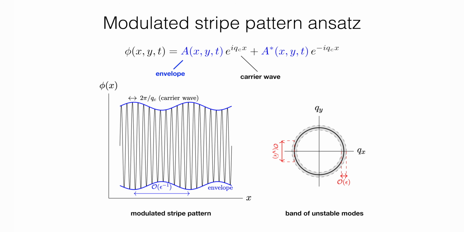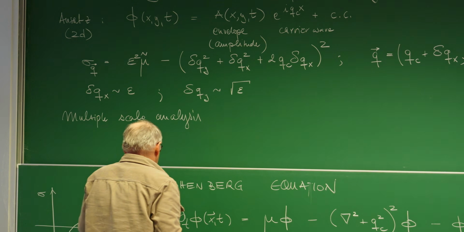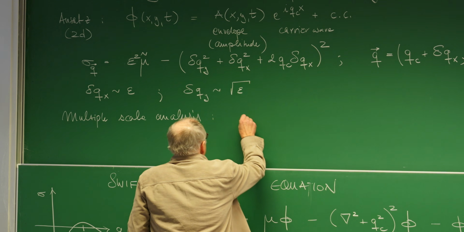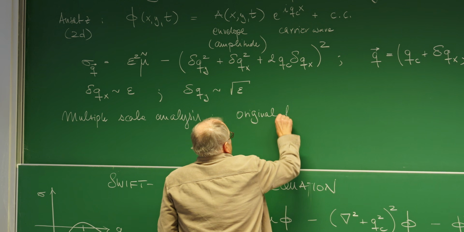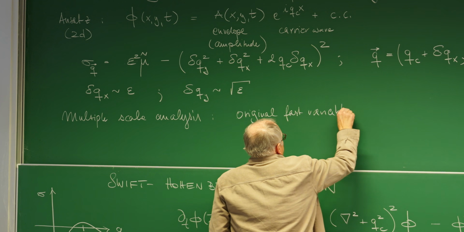So what we will do is we will introduce a set of variables. We'll have the variables that are the original fast variables